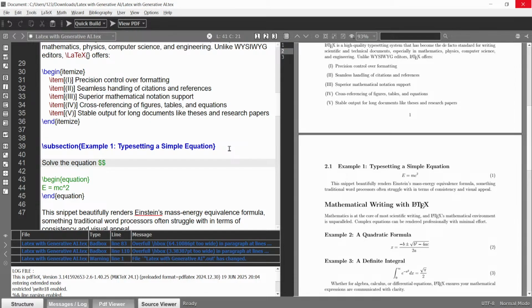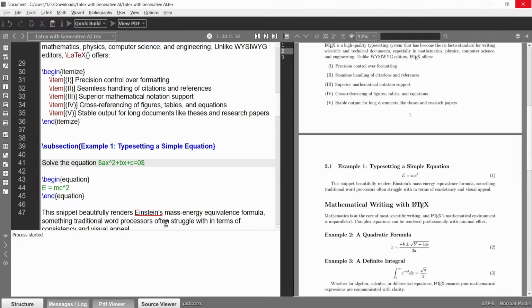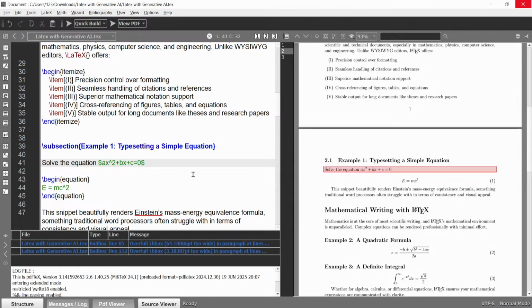Suppose I am writing here ax square plus bx plus c is equal to 0. When you build this file, on the right-hand side you will see that we have this equation, ax square plus bx plus c, without a number, and it is in the line.